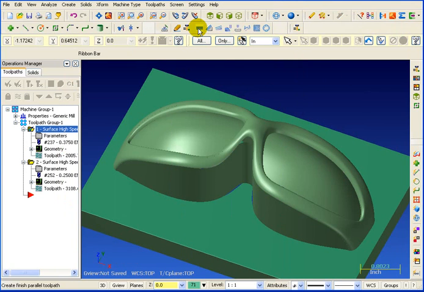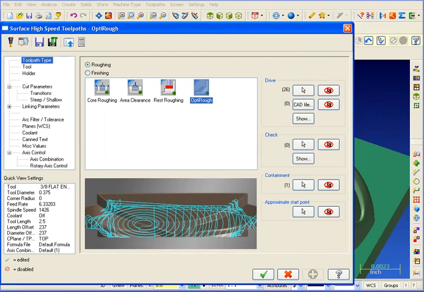Some of the most advanced developments have been with the Surface High-Speed toolpaths. Let's take a look. With the Surface High-Speed toolpaths, we basically put all your roughing and all your finishing all within one dialog. This makes it easy to copy operations and then select the specific toolpath style that you're interested in. The new dialogs also allow you to select your surfaces, check surfaces, and containment boundaries from right inside the